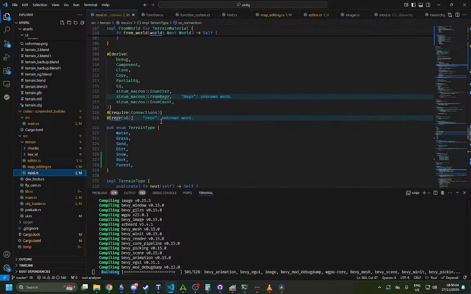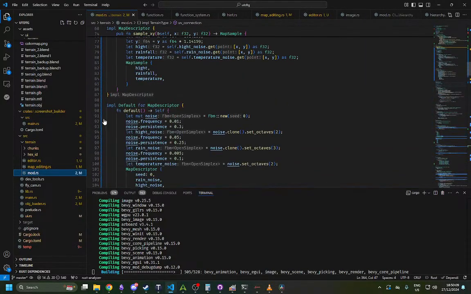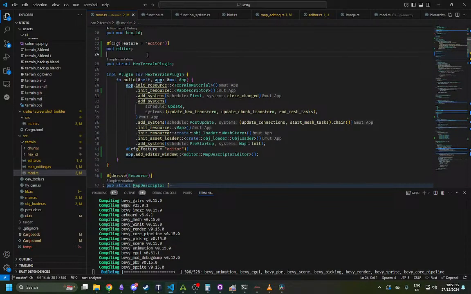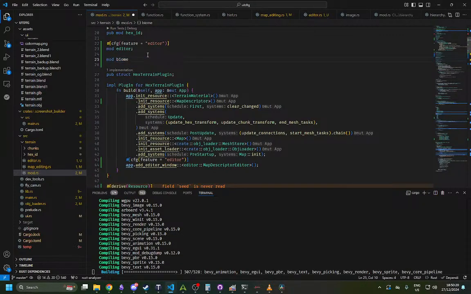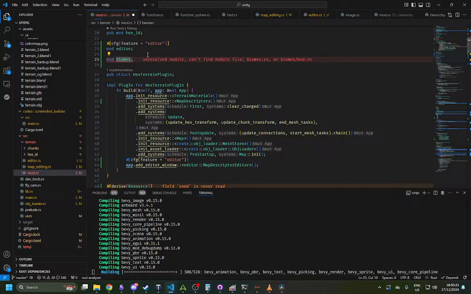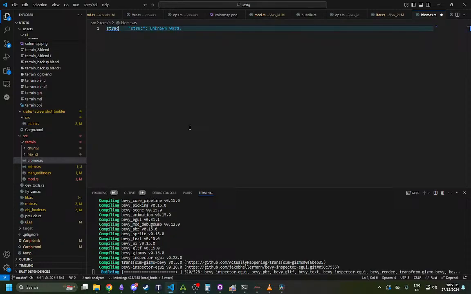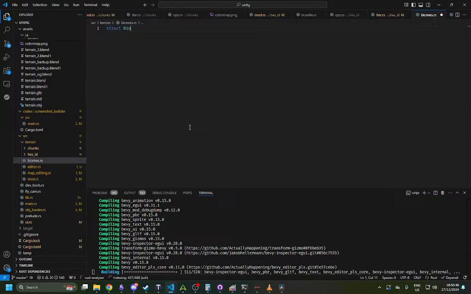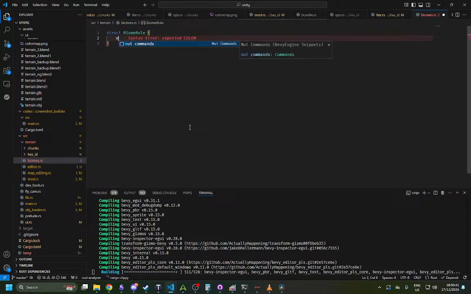Anyway, I guess next we need to make a module, biomes, where we're going to put all the biome rules and stuff. So go here, go mod biomes. So we're going to need a struct, biome rule. A biome rule is going to have a